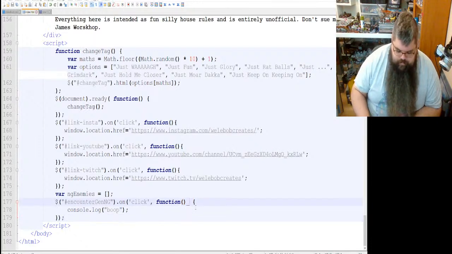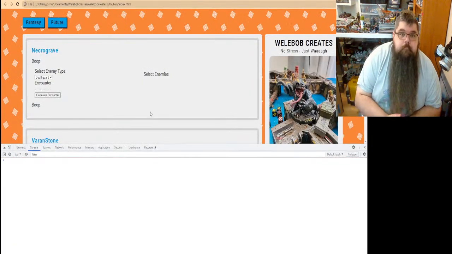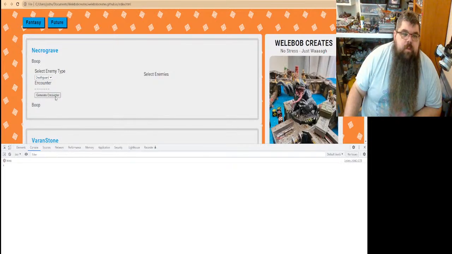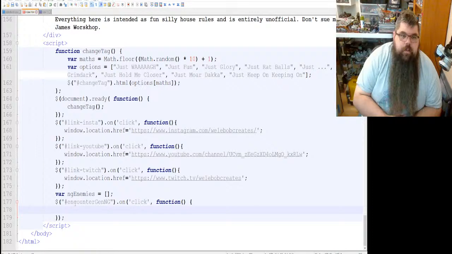Oh, it's that. All right, cool. We can see that console log going. So the button click is working. We verified that. That's cool.